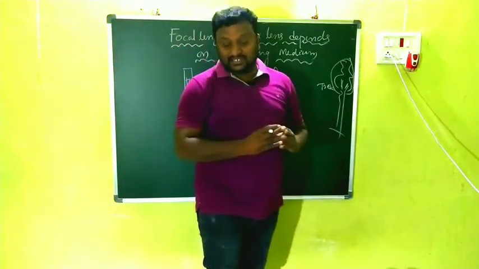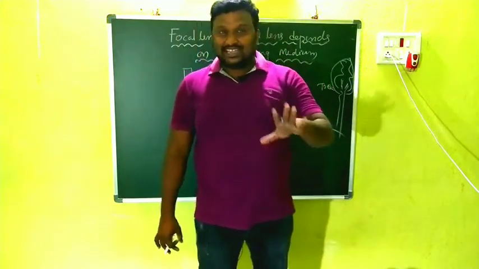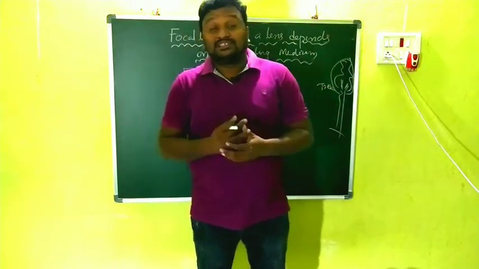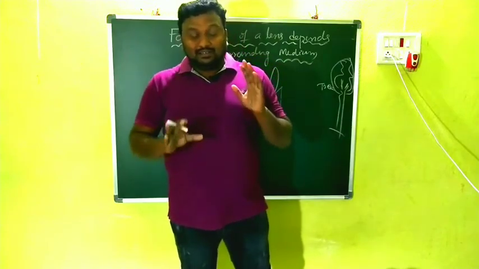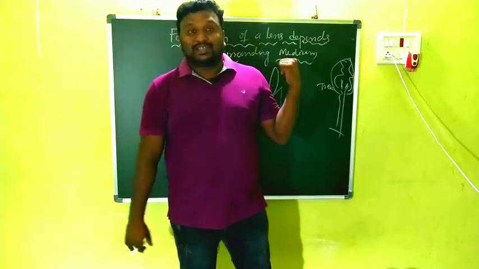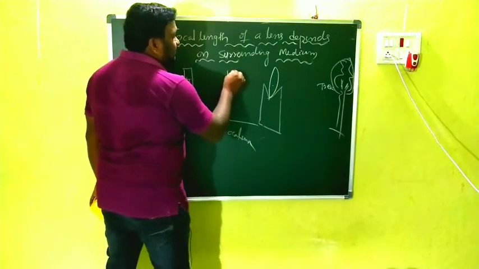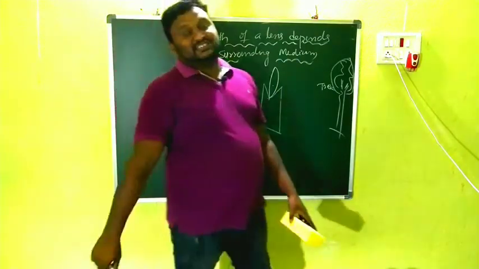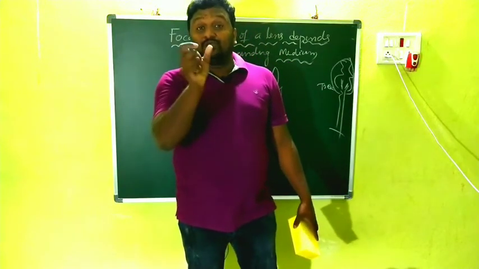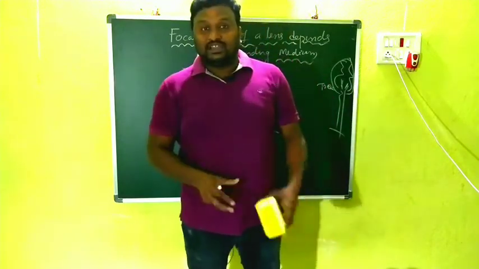Focal length. Clear, children? Here we have taken some one lens, and by using this method we find its focal length. We have taken one lens and already know the value of its focal length by this method. For example, here I am taking the lens to be 15 centimeters. The lens we have has a focal length of 15 centimeters. Clear?